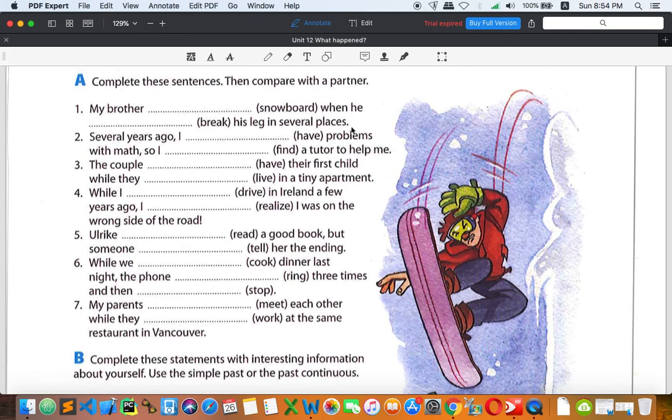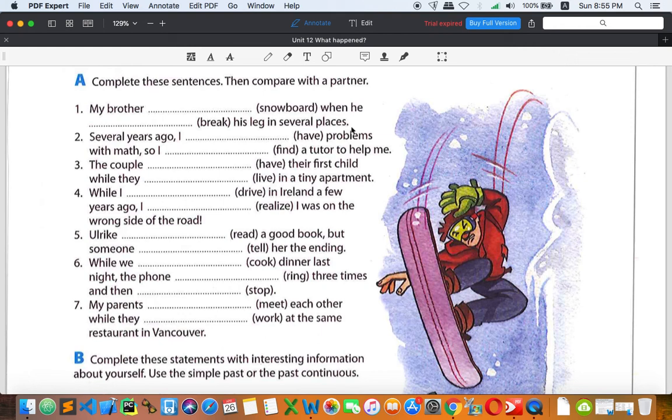So when you do past simple and past continuous, everybody please read the whole sentence and see exactly which action is first, which action is second, which action interrupts another. That is the reason you should read the whole sentence. You have to finish the whole thing. If it is a conversation, you need to finish the whole conversation